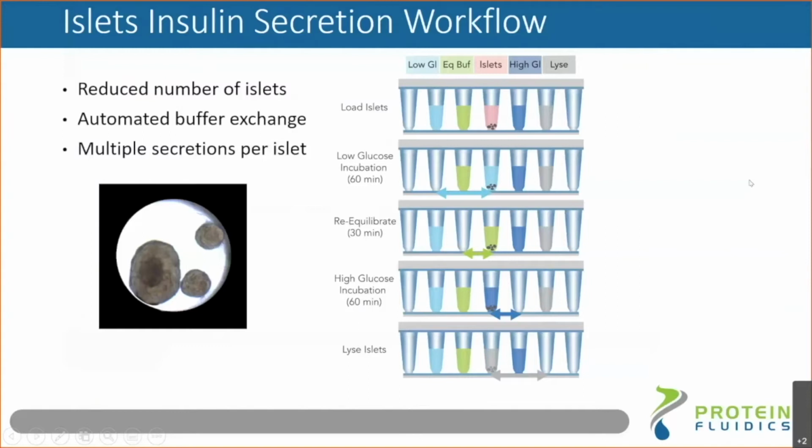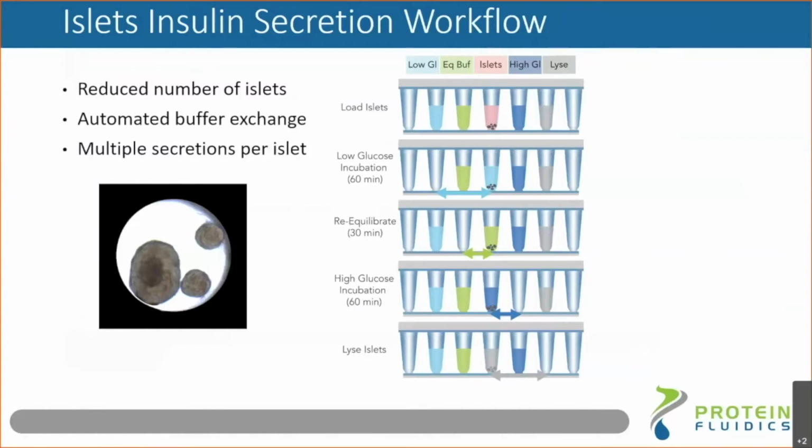Let me show you an example of an assay workflow. This we adapted for a researcher who is doing diabetes work. In his current workflow, he looks at islets, which are harvested from mice. He wants to look at secretion of insulin and glucagon from the islets and the factors that affect that secretion. In his current workflow, he takes 7 to 10 islets and puts them into about 200 microliters